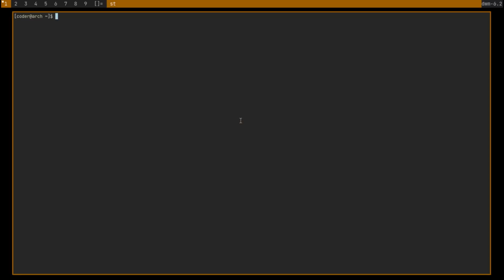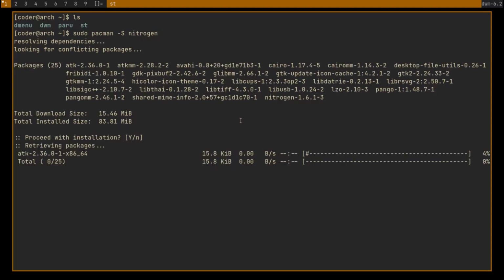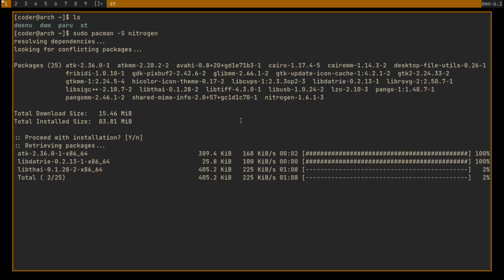Okay, now we have a functional distribution. Now let's add a wallpaper. So we'll install a package known as Nitrogen. So let's wait.